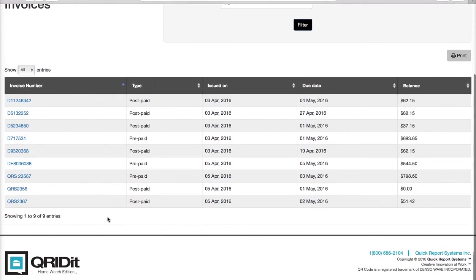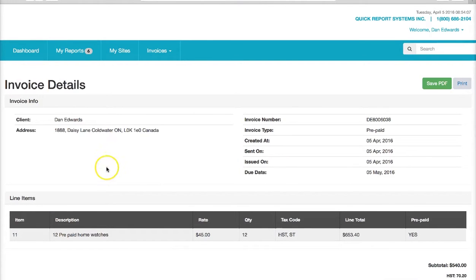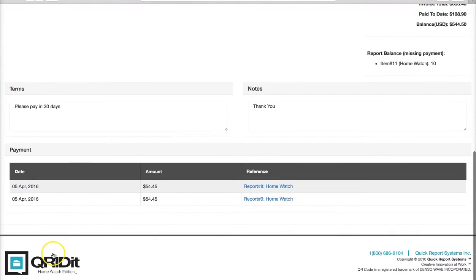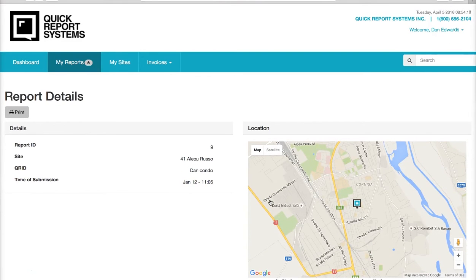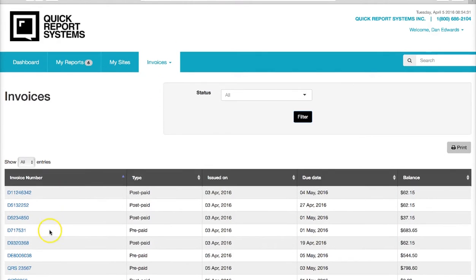We go down to issued on, we'll pull this invoice back up, and again on the second time we simply look across here and we can pull up report number 9. So at all times, each time you do a report, it's simply crediting that invoice for that report that you've done, and so that means you don't have to take care of it manually and keep track of it. And if I go back to Invoices again,